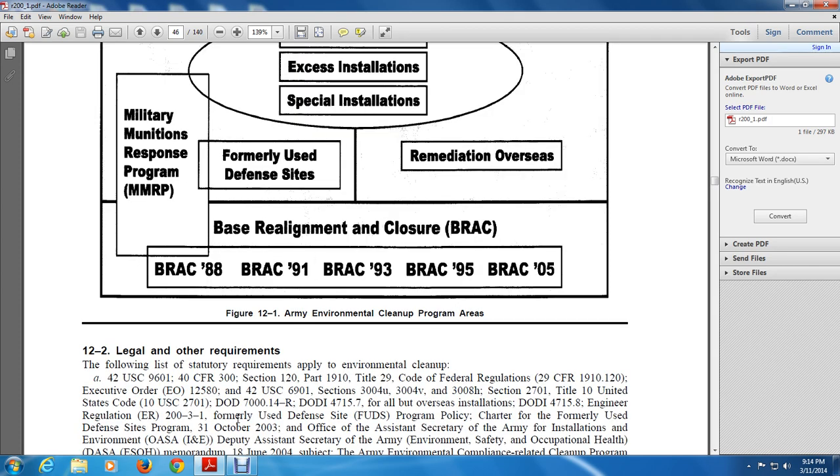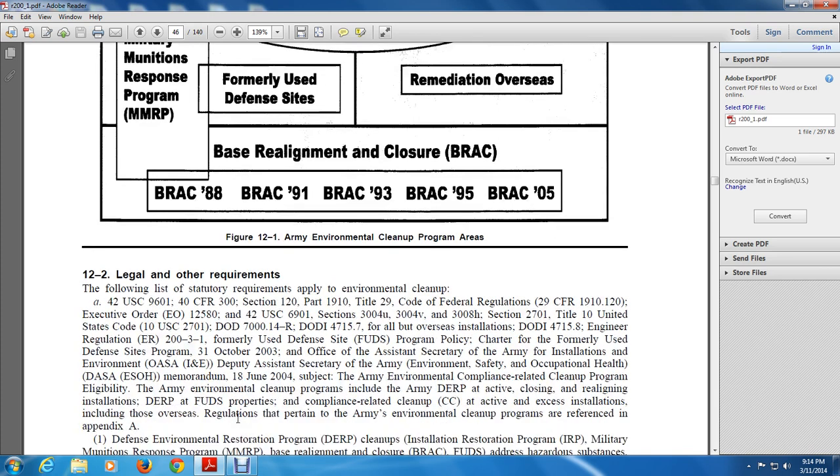The Army Environmental Cleanup Program. 12-2, Legal and Other Requirements. The first list of statutory requirements that apply to environmental cleanup: 42 U.S. Code 9601; 40 CFR 300; 29 CFR 1910.120; Executive Order 12580;